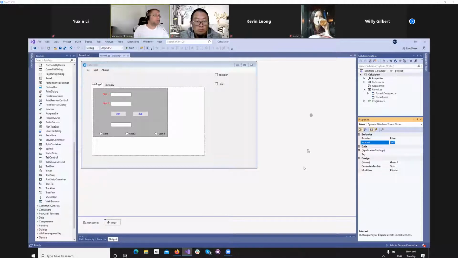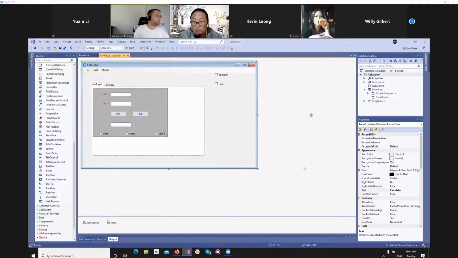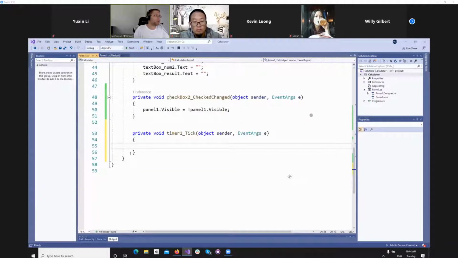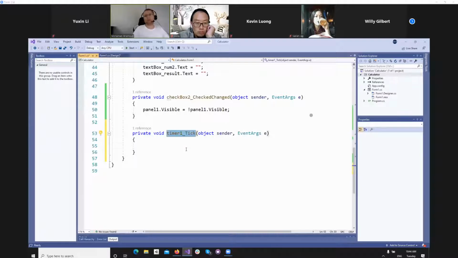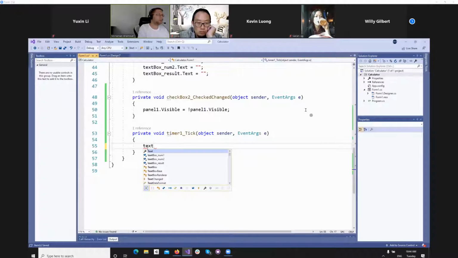Okay, so for example, let's double click on the timer that we took. The event that we care about in terms of the timer is the tick. So each tick, what do you want to do? Each 1 second or each 2 seconds, okay? Each interval, what do you want to do? Okay, so that's the task. For example, you can say text box result to text equals